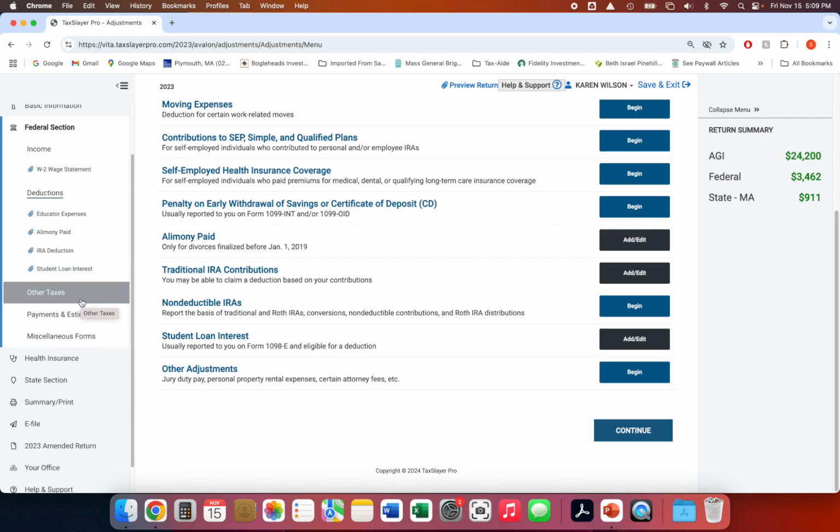Now we're going to look at what you should be doing each time you finish an exercise, which we've just finished: going in and looking at the results for that exercise, comparing your results to those in the answer sheet, and then ensuring that they're correct. So this is exercise 11. I know that the student loan interest deduction shows up on Schedule 1, line 21. Well, how do I get there? I'm going to go to the summary print here,